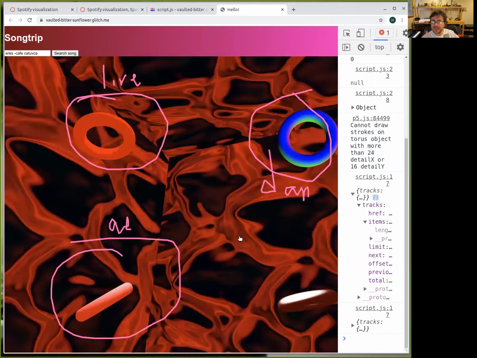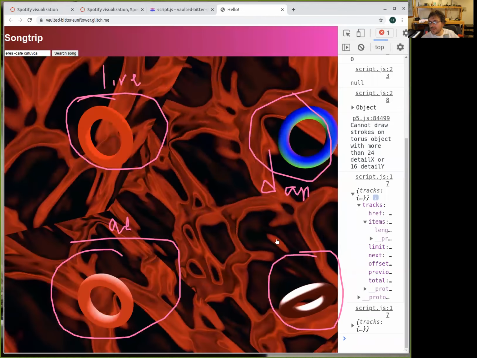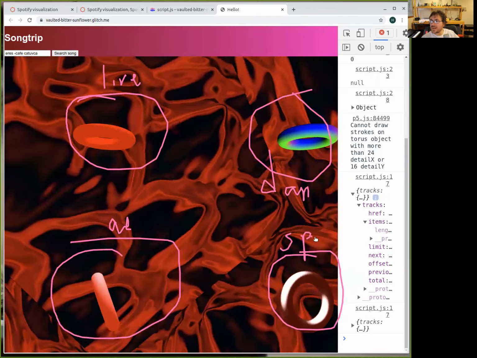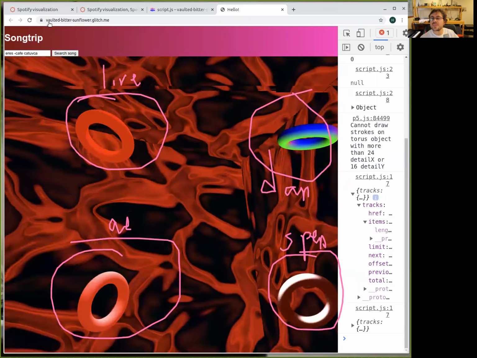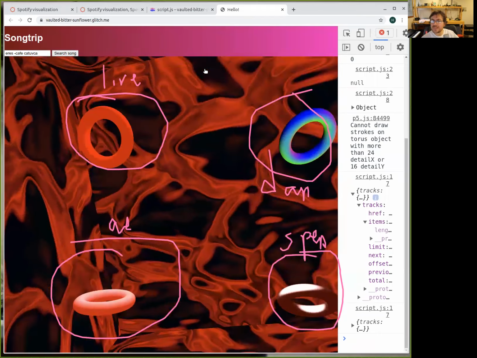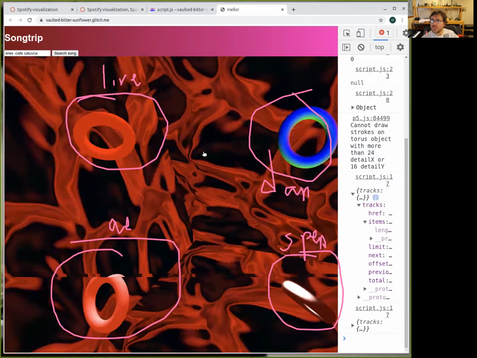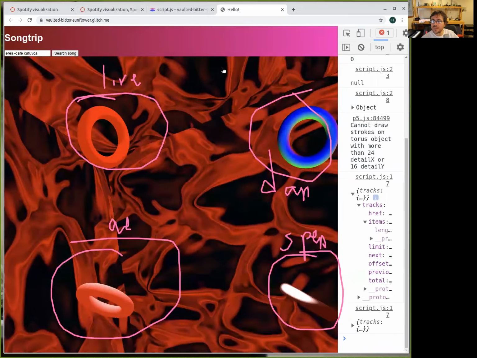Acousticness. Okay. On the right, the last one moves with speechiness. Oh, nice. Also, the ambient light interacts with the liveness parameter. No, with different types of. When you see the code, you will understand, teacher.